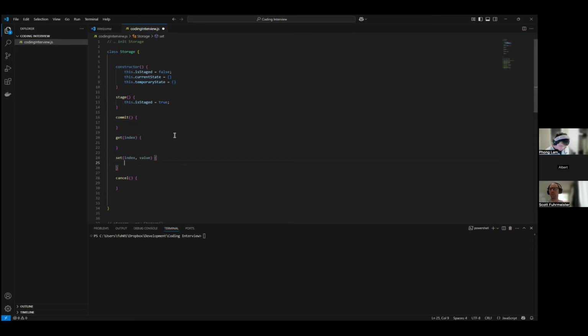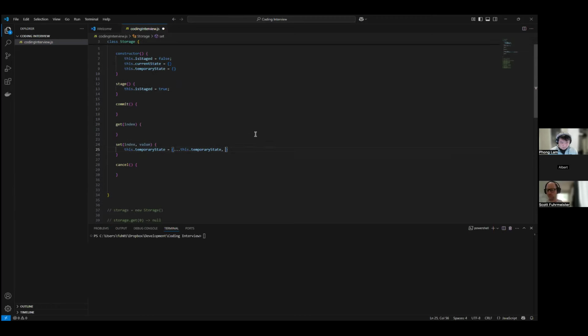So we'll just say this dot temporary state is equal to, and I could probably spread the existing temporary state. And I can add the new value, which will be index at value.